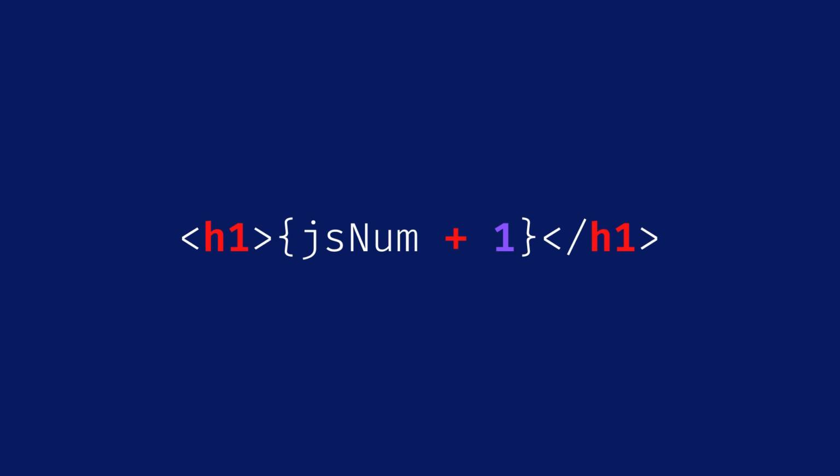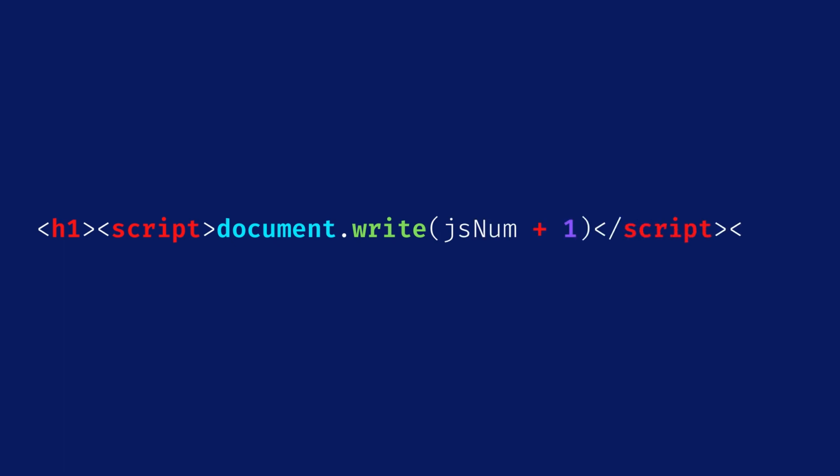Here, we are putting a variable called JSNum and adding 1 to it, then putting it into an h1 tag. This is the exact same example, but in vanilla HTML. We take the curly braces and replace them with the document.write function. Then we take what we put in the curly braces in the previous example and put them inside these circle